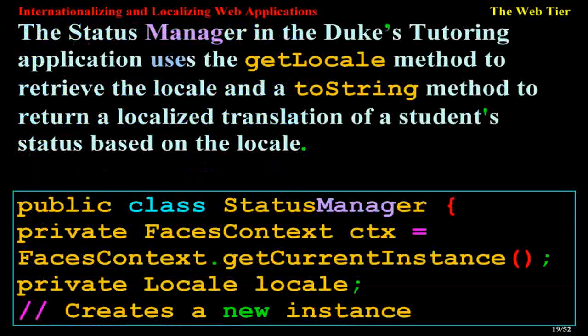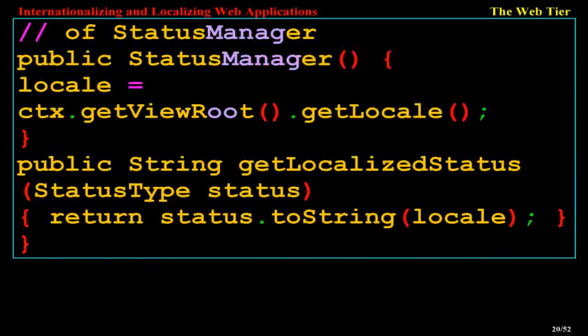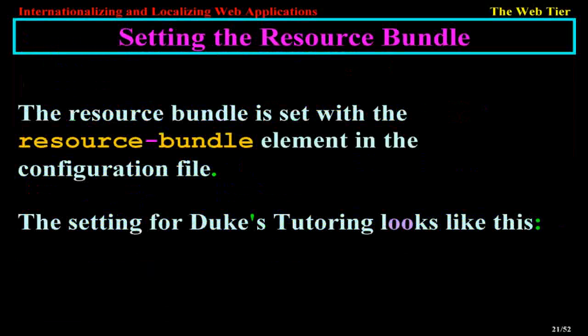The status manager in the Duke's Tutoring application uses the getLocale method to retrieve the locale and a toString method to return a localized translation of a student's status based on the locale. public class StatusManager { private FacesContext ctx = FacesContext.getCurrentInstance(); private Locale locale; // creates a new instance of StatusManager public StatusManager() { locale = ctx.getViewRoot().getLocale(); } public String getLocalizedStatusType(Status status) { return status.toString(locale); }